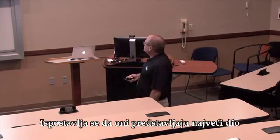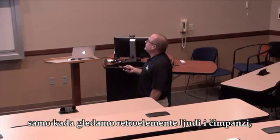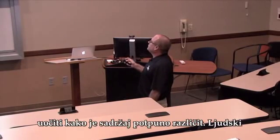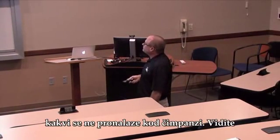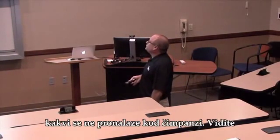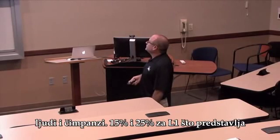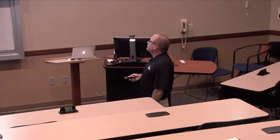Well, it turns out that these are also a major part constituting the difference between human and chimpanzee genomes. This is just looking at retro elements between chimps and humans. This is just a broad categorization, but you can see the contents are totally different between the two. Humans contain a lot of very unique retro elements that aren't even found in chimpanzee. You can see 71% versus 56% for just the ALU element content difference between humans and chimps, and 15 and 25% for the L1s, which is a long interspersed repeat. And then there are other categories as well, totally different in their contents between humans and chimps, yet fully functional in